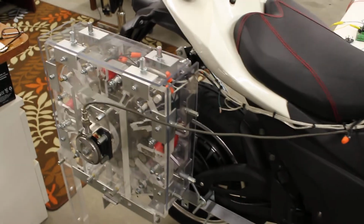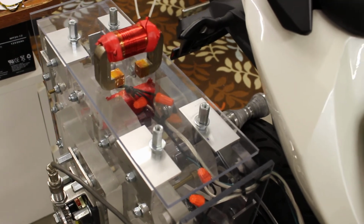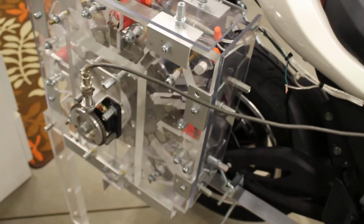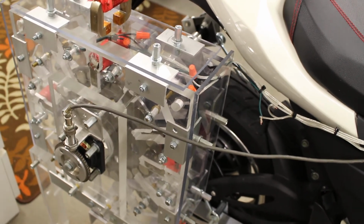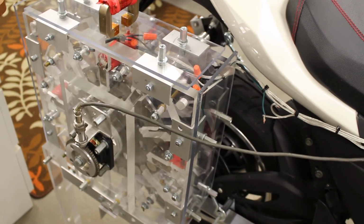So again, a little closer look at the ReGenX motor. The ReGenX motor is a salient pole motor with the rotor that passes in between the two legs of the C-core. And this system is set up for 12 coils. Each coil is delivering almost 2 amps right now. The 2 amps of regenerative acceleration, and the coils are designed to deliver 5 amps each